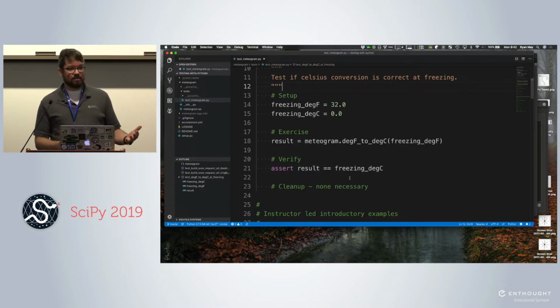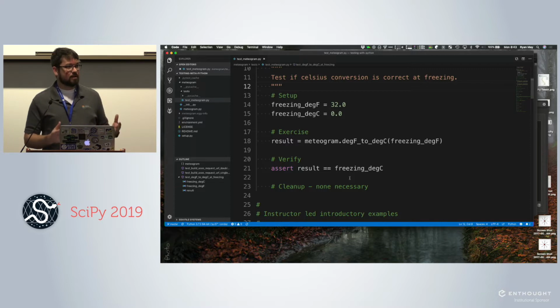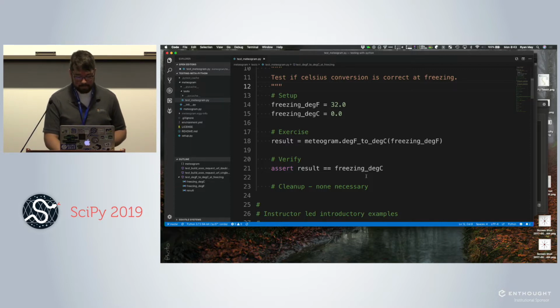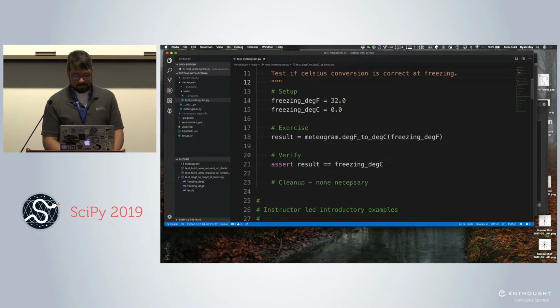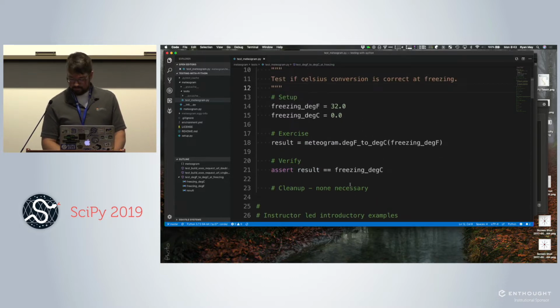If you don't have an assert, you don't have a test. You're not actually checking anything. You're just running some code and at best doing a smoke test of did this code run and not completely blow up. And then the 4th phase of this pattern would be cleanup, which there's not any necessary for this because we all love Python, and it does lots of nice things for us.